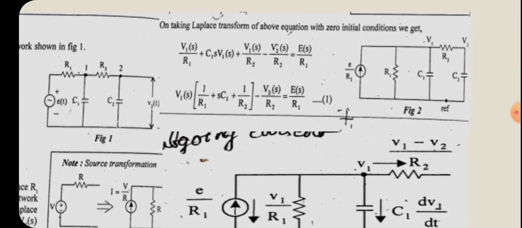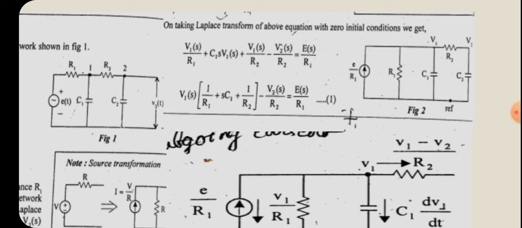That is shown in figure 2. You can see in figure 2 the transformed voltage source. It is better to compare figure 1 and figure 2. In figure 1 it is given that E of t is in series with R1, but in figure 2 there is a current source which is pointing upwards and which is in parallel with resistance R1. So the voltage source E of t in series with resistance R1 can be converted into a current source having value E by R1 with a parallel resistance R1. That is the transformation technique, and the rest of the circuit is connected as in figure 1.